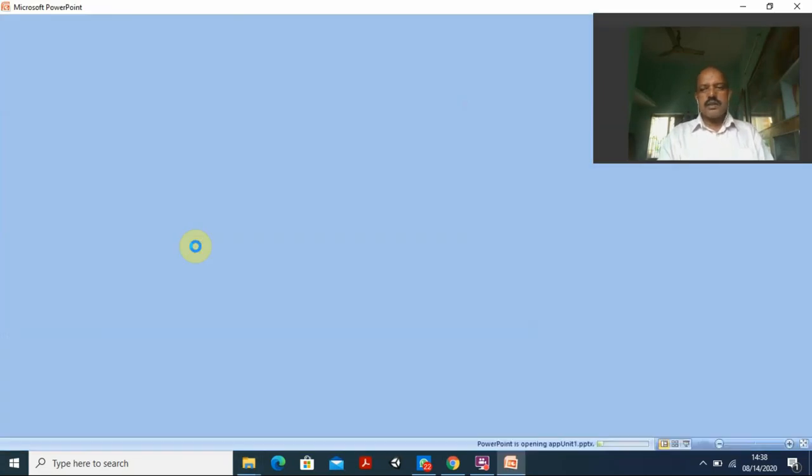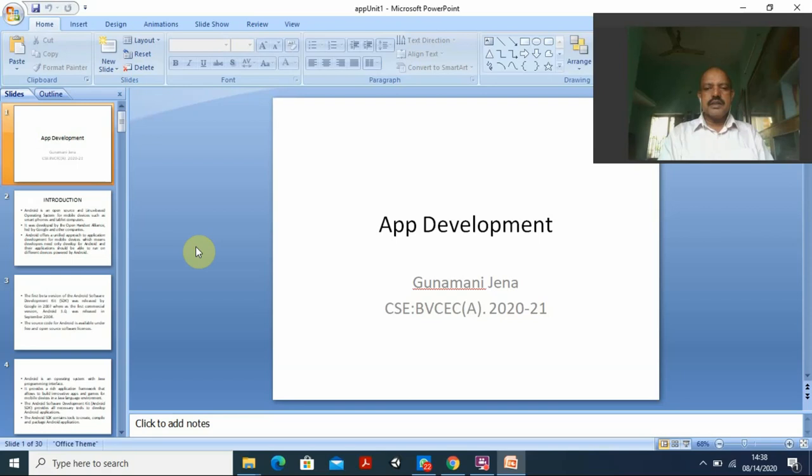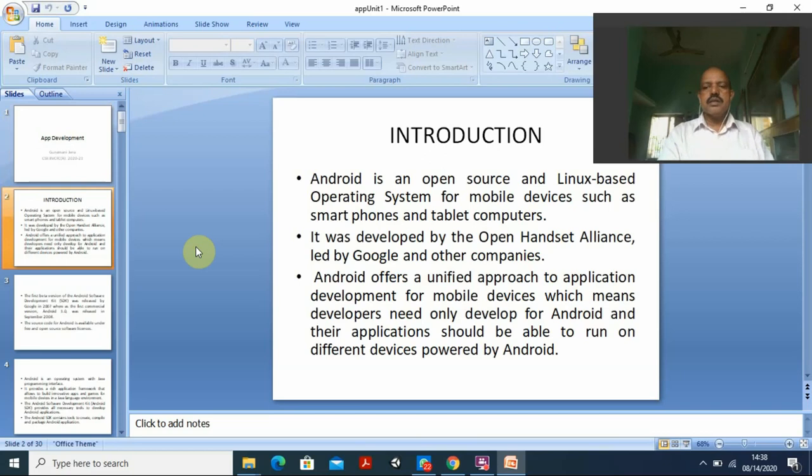As I told you, our motive behind this Android development was app development, because a student can start a career in app development. Recently, some of our mechanical final year students have developed apps also, so I am expecting similar things. Other department students, and especially computer science students, can go for developing a number of apps, and even while they are studying, if the apps are liked and deployed on Google or wherever, you can earn money while you are studying.